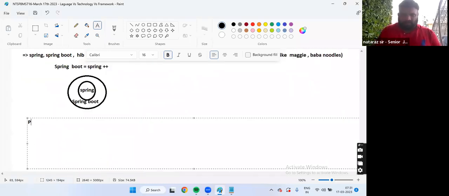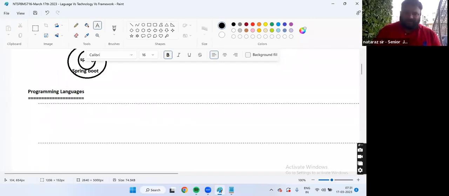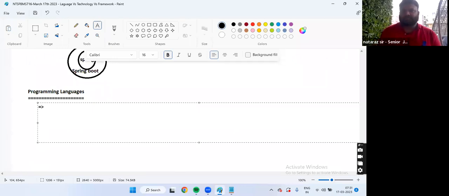So now let's get into programming languages. Let's understand one by one. Programming languages, guys. These are directly installable softwares as raw materials of programming to develop the software applications from scratch level.